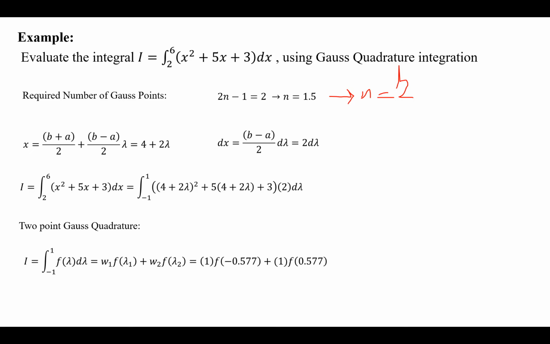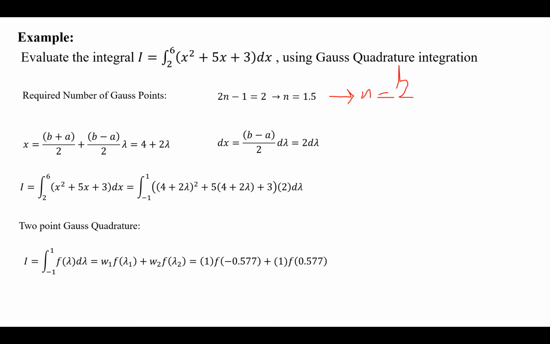2-point Gauss quadrature says that the weight 1 times the value of the function at the first sampling point, plus the second weight times the value of the function at the second sampling point. I know the sampling points for the 2-point Gauss quadrature. These are the values that I picked up from the table, 1 for the weights, and the sampling point negative